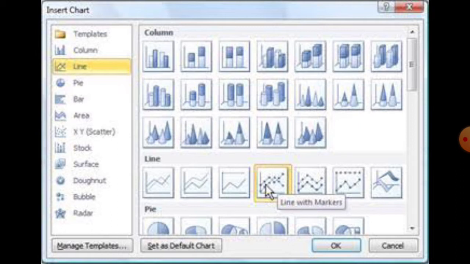It is easy to understand and analyze the data. So children, let's have a look at this video practically: how we can insert the chart, modify the chart, and edit the chart. All these things we will understand practically. So let's have a look at this video.